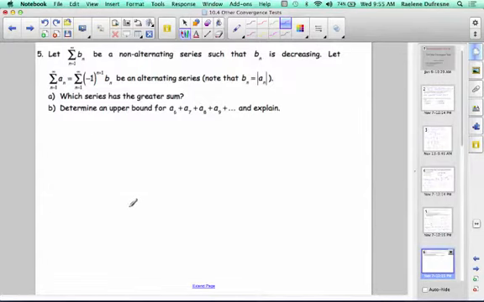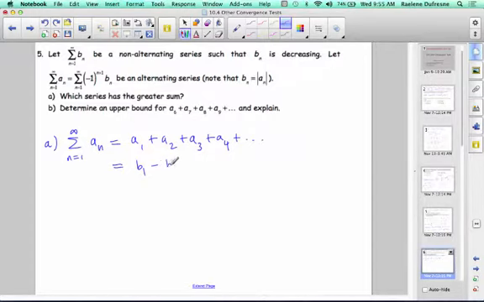So in part A, which series has the greater sum? Well, this is what we were just talking about. We have that the sum from n equals 1 to infinity of a_n is equal to a_1 plus a_2 plus a_3 plus a_4 plus dot dot dot. But this is really an alternating series with terms b_1 minus b_2 plus b_3 minus b_4, etc., such that b_n are all positive numbers. So we know that b_n are all positive because we have a non-alternating